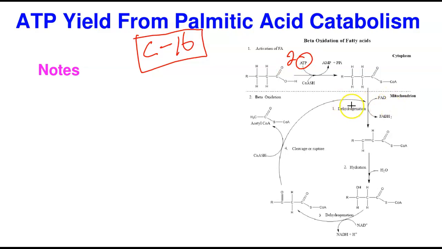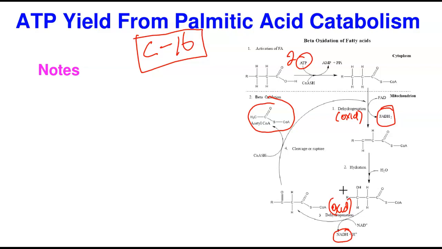In the first reaction, which is the dehydrogenation, remember every dehydrogenation reaction is an oxidation reaction. In the first oxidation reaction, we had 1 FADH2. The second reaction is hydration, and we don't have anything of interest. In the third reaction, we got NADH. This is another oxidation reaction. And in the last reaction, we got acetyl-CoA. So reactions 1, 3, and 4 are of our interest. Reaction 2 doesn't produce anything for us.